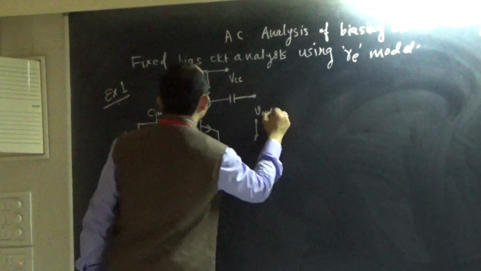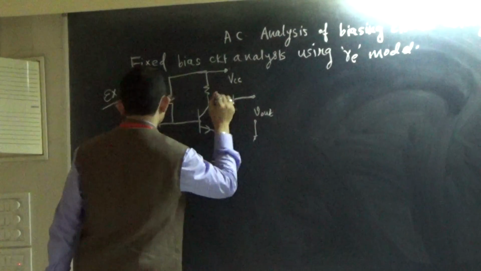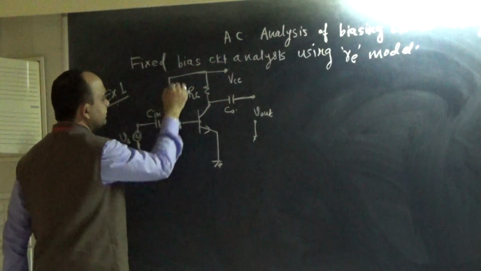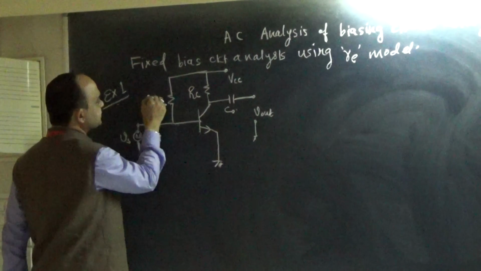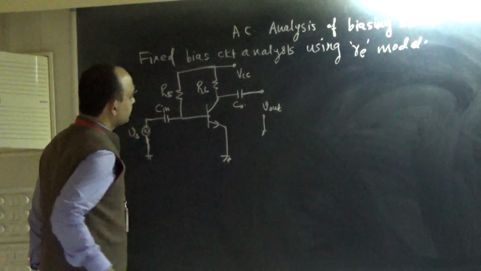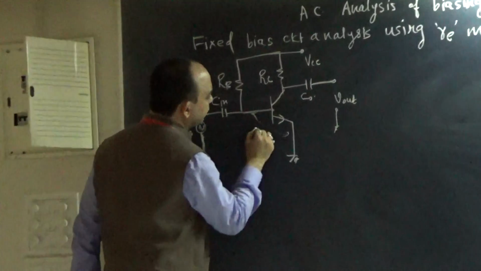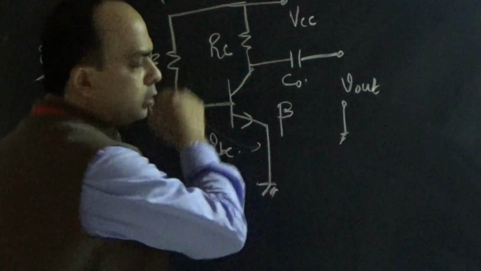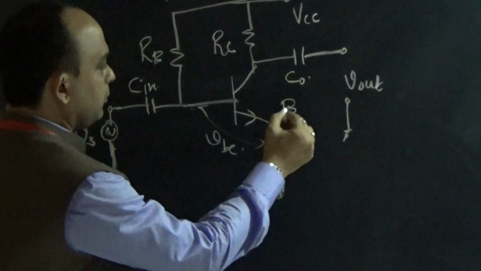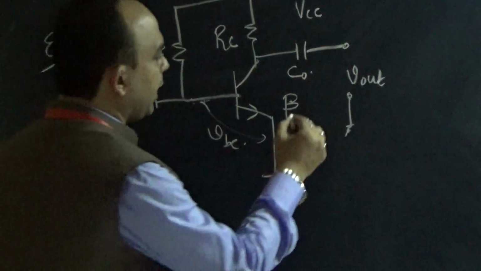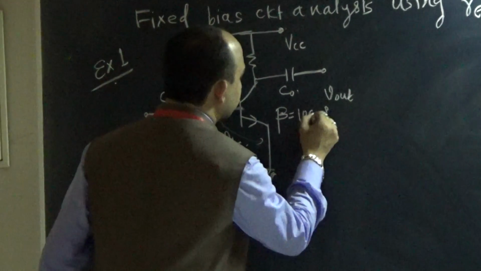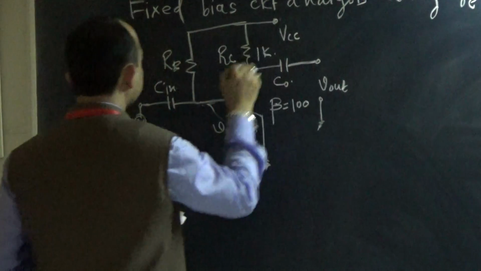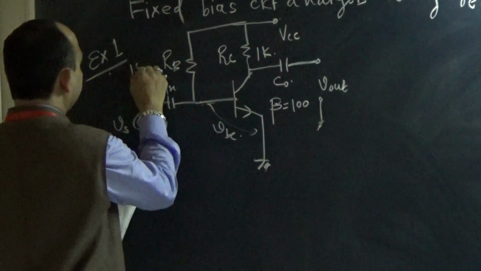And V out. This is CO, generally referred to as. This is what, RC, correct? What is this resistor? In a fixed bias circuit it is called RB. This drop across it, you know, is VBE. This BJT has its own characteristic or specification, beta. Beta is given in the problem as 100. RC is given as 1K, RB is given as 150K,